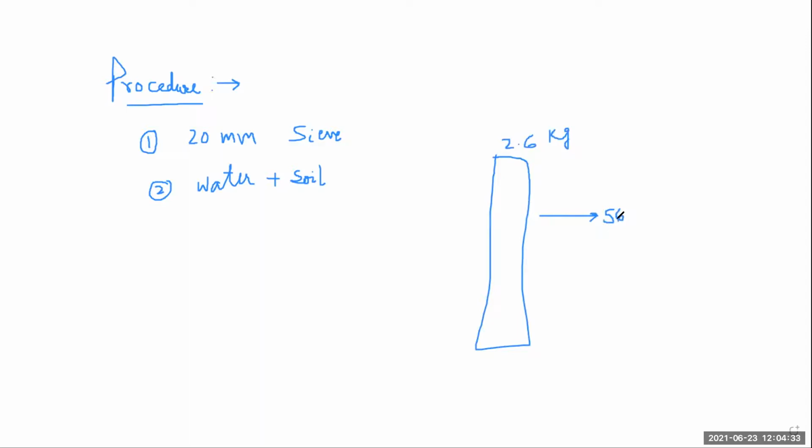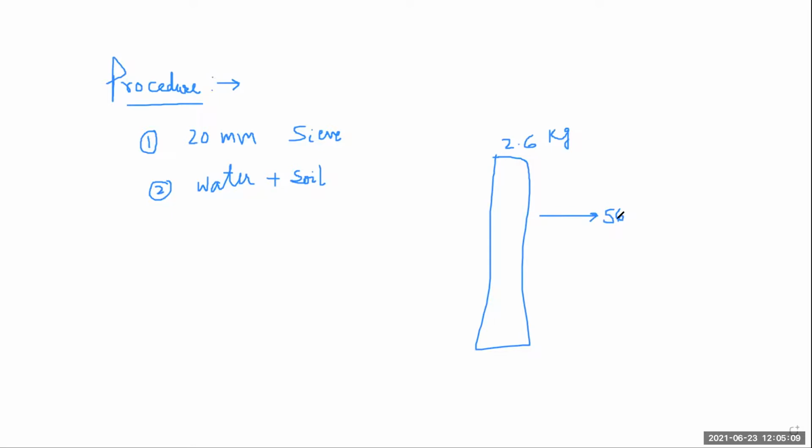Then the top layer of compacted soil is scratched. Again, the second layer is filled and the process is repeated. After the third layer, the collar is also attached to the mold and the process is continued. Next, remove the base plate and invert the mold. So during testing, I also see these things. After filling the third layer, the collar is removed and the excess soil is stripped off with our stripping knife or cutting knife.